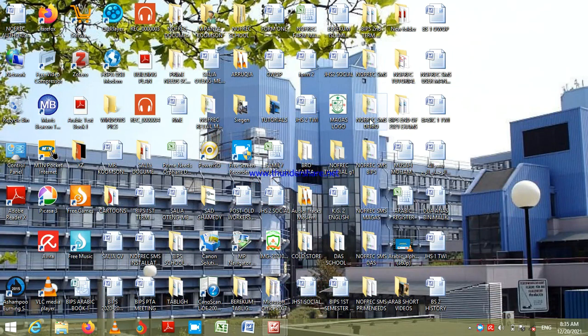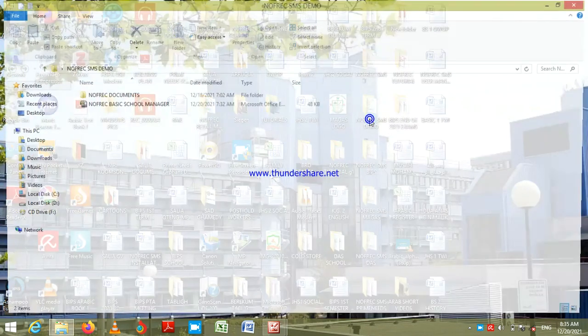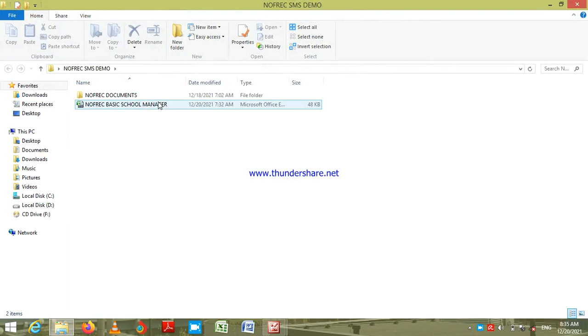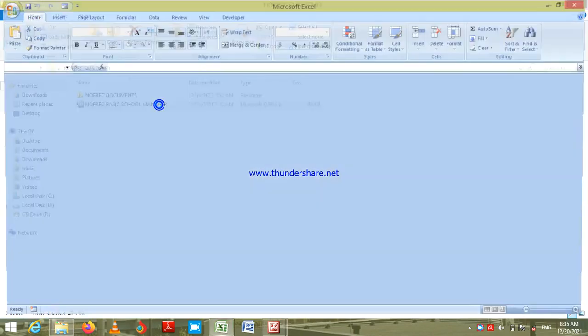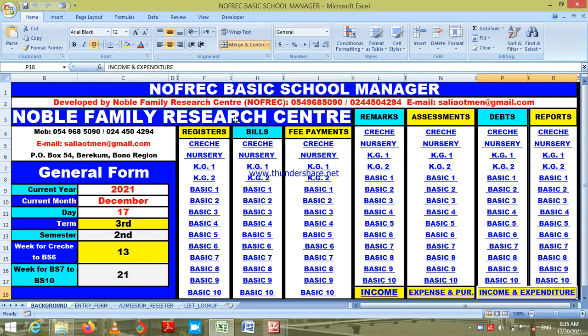We open our main folder, which is the NOFREC SMS demo. Then we use the master workbook. Click on it. In this tutorial, from Tutorial 1 up to Tutorial 9, three main aspects will be considered. And as said earlier on,